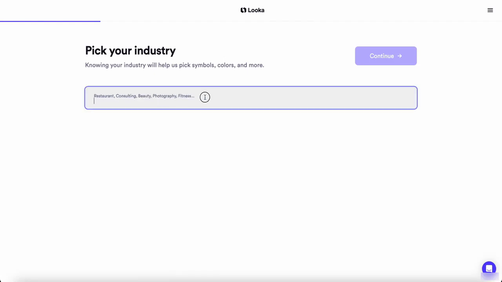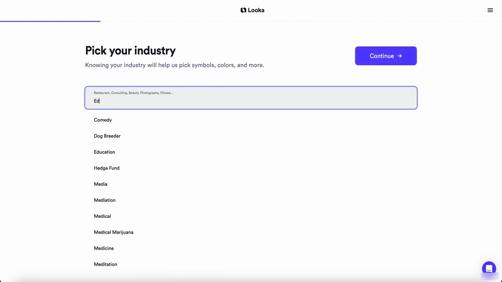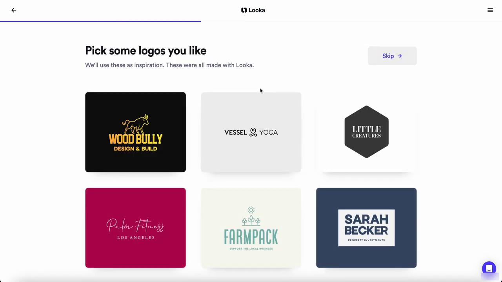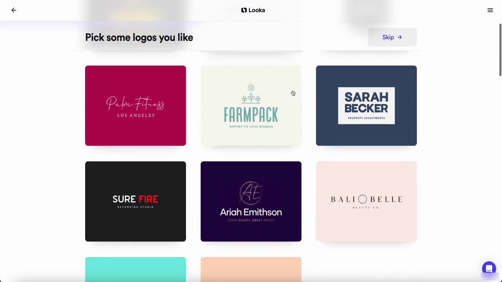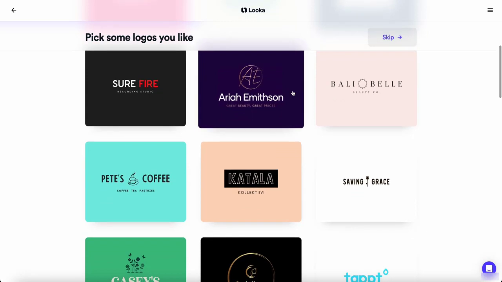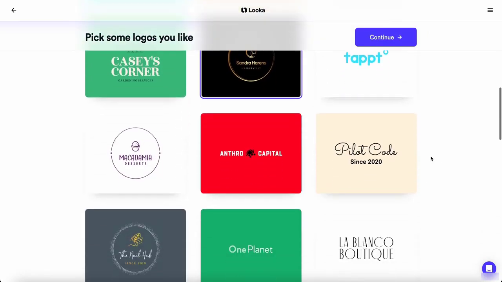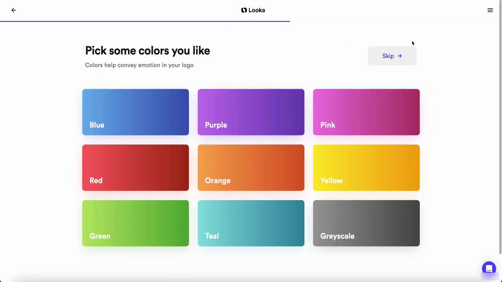So let's say we want to have education, so you can imagine. And then some style that you like, you just choose what style you actually like. So let's say we like this style, we continue.